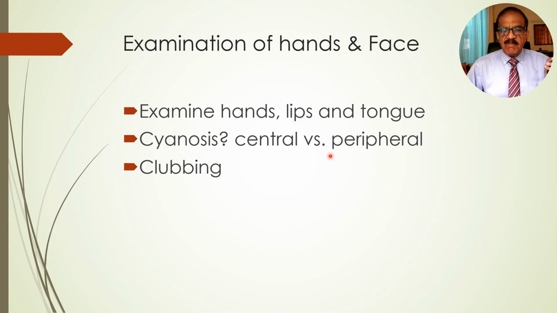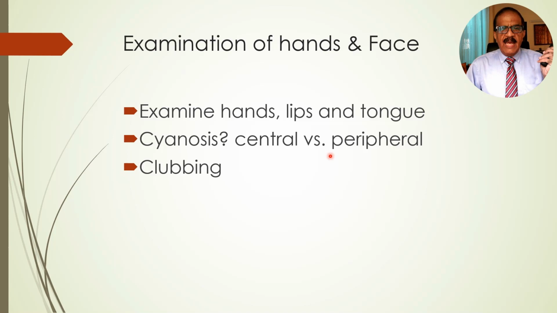So I think arterial blood gas can differentiate between central cyanosis and peripheral cyanosis. In central cyanosis, oxygen level will be low, whereas in peripheral cyanosis, it would be normal. Remember, there may be a clinical condition where you have a mix of peripheral as well as central cyanosis. Also remember, there could be a central condition that causes peripheral cyanosis, like severe heart failure, cardiogenic shock can cause